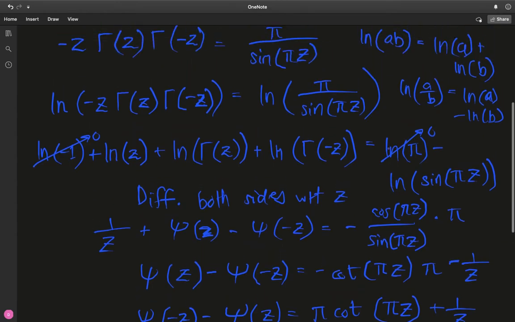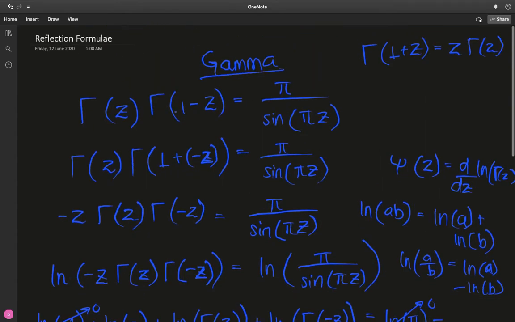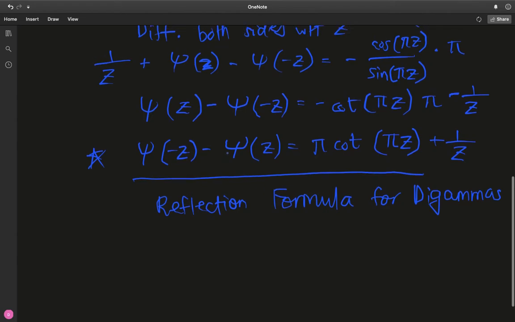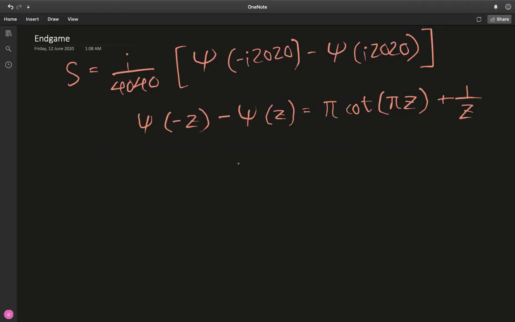We already had a reflection formula for the gamma function, and we developed an alternate version of the reflection formula for digammas. So that's really impressive if you ask me. So by our mathematical adventures, we discovered this